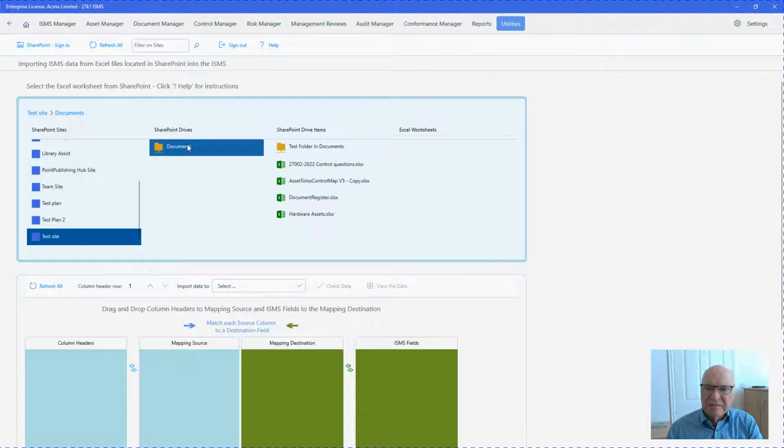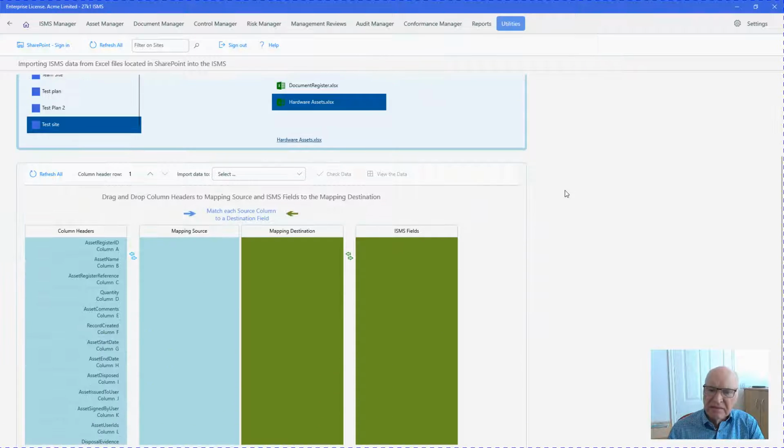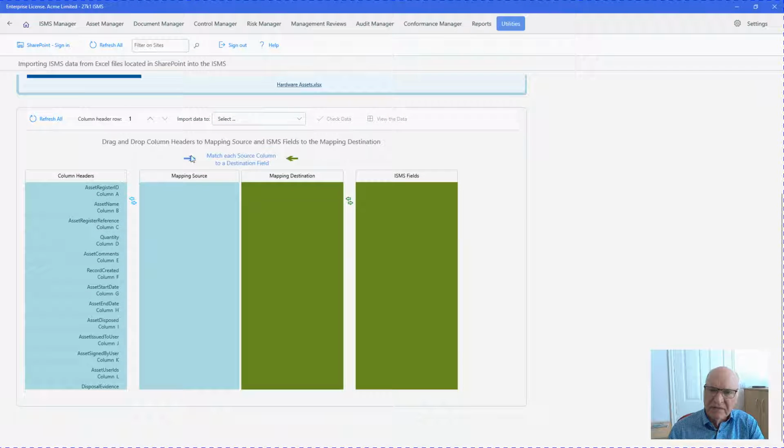Click on the drives and keep clicking on the drives and drive items until you come to the asset Excel sheet that you wish. So today we'll import some hardware assets. Okay, so we click on hardware assets and we have one sheet available, sheet 1. So we click on sheet 1 and you can see now that on the lower side of the screen we have all the column headers that are in the Excel spreadsheet. Select the column header row as you normally would do importing data,